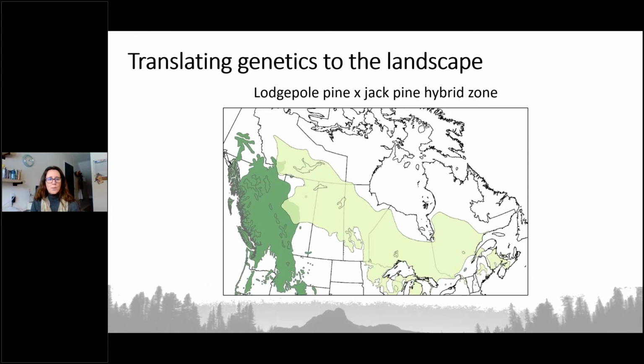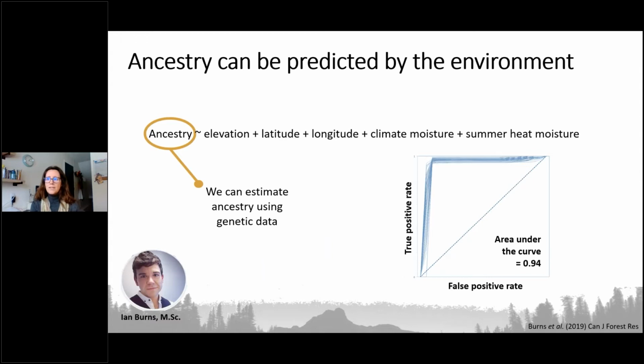And so over the years, we've been using genetic data to refine this. And the most recent refinement of this was done by a master's student, Ian Burns. And what Ian did is he looked at genetic ancestry. So we used genetic markers to estimate ancestry, where an individual could be completely lodgepole pine, it could be completely jack pine, or it could be somewhere in the middle of that. It could be a 50-50 hybrid, so an F1 or an F2 hybrid, or it could be some sort of back cross. And the relationship of that with geographic and climate variables